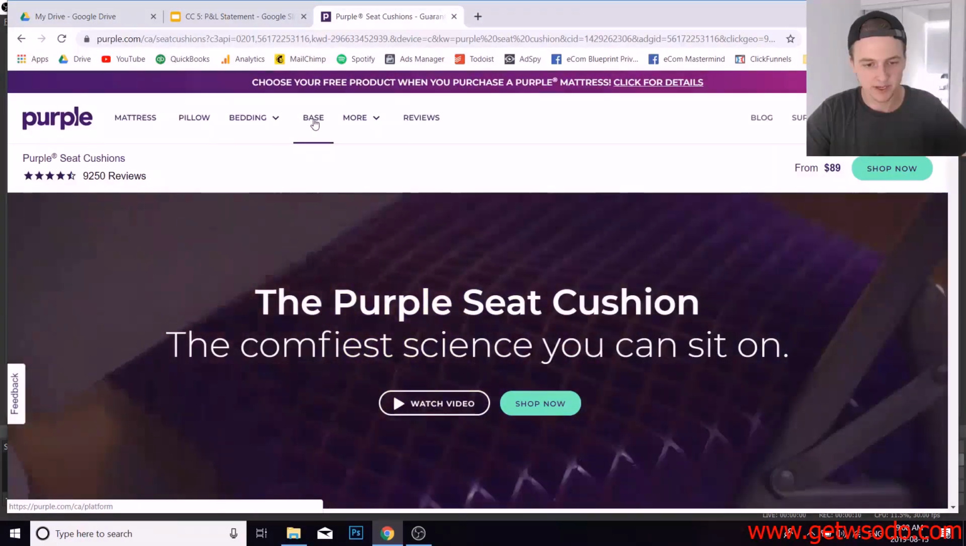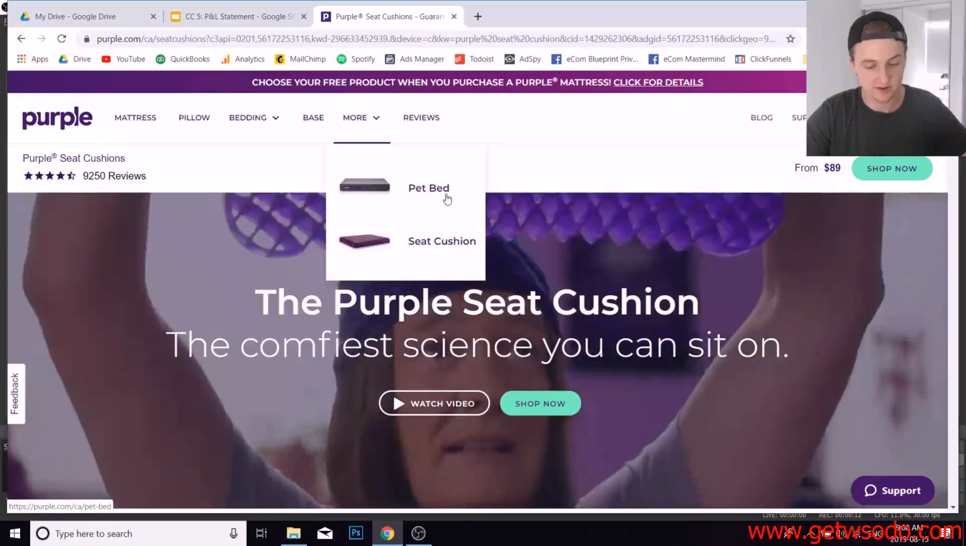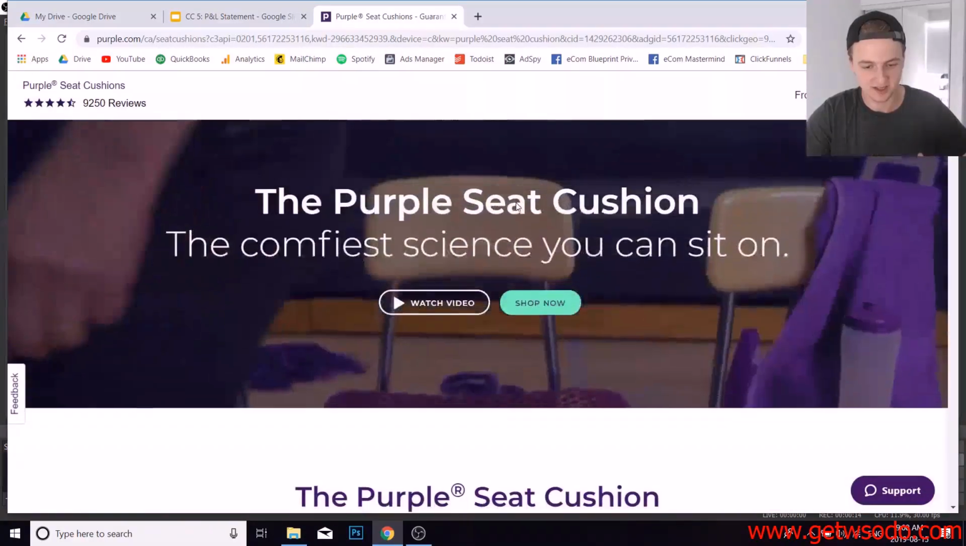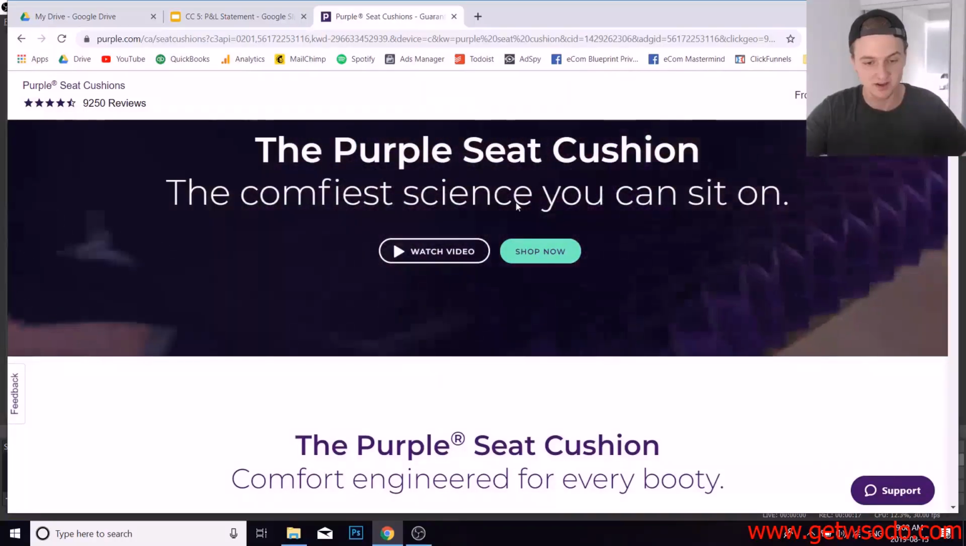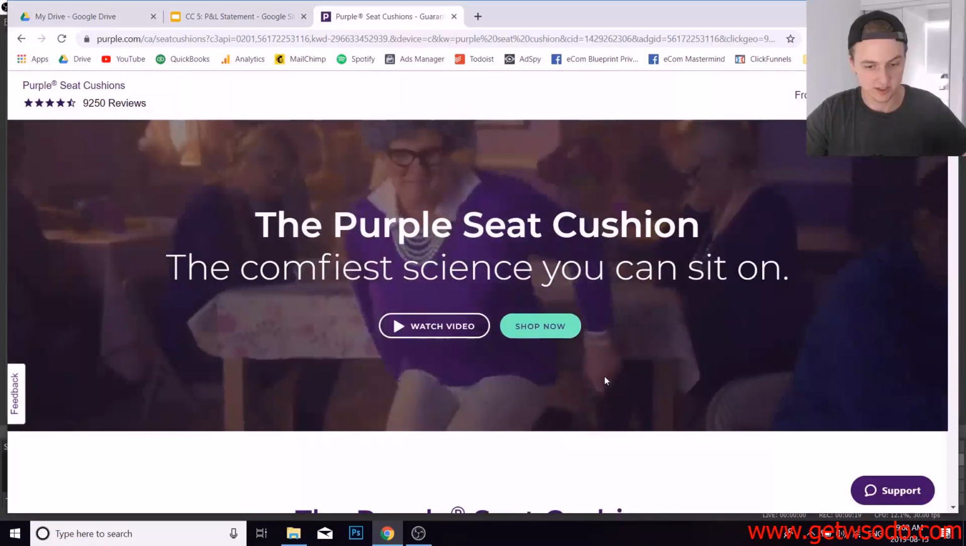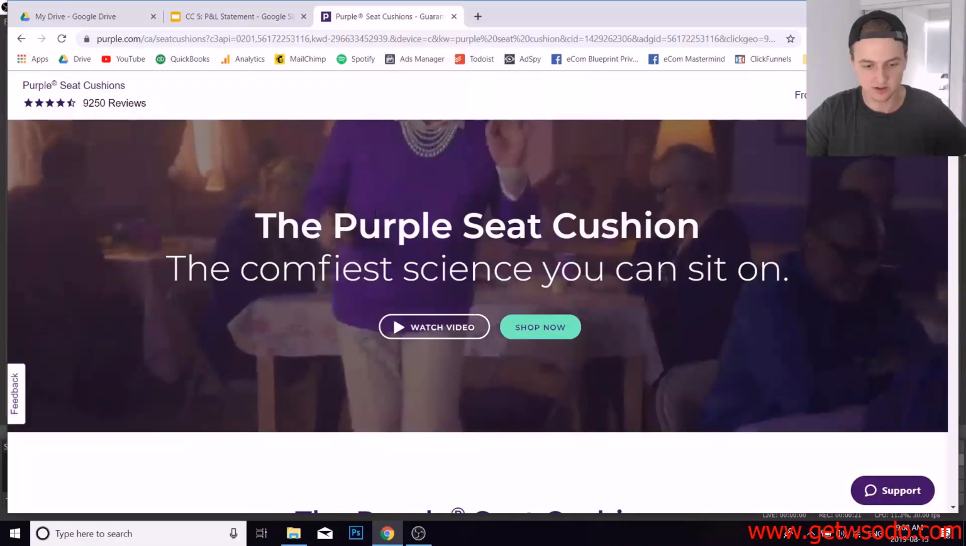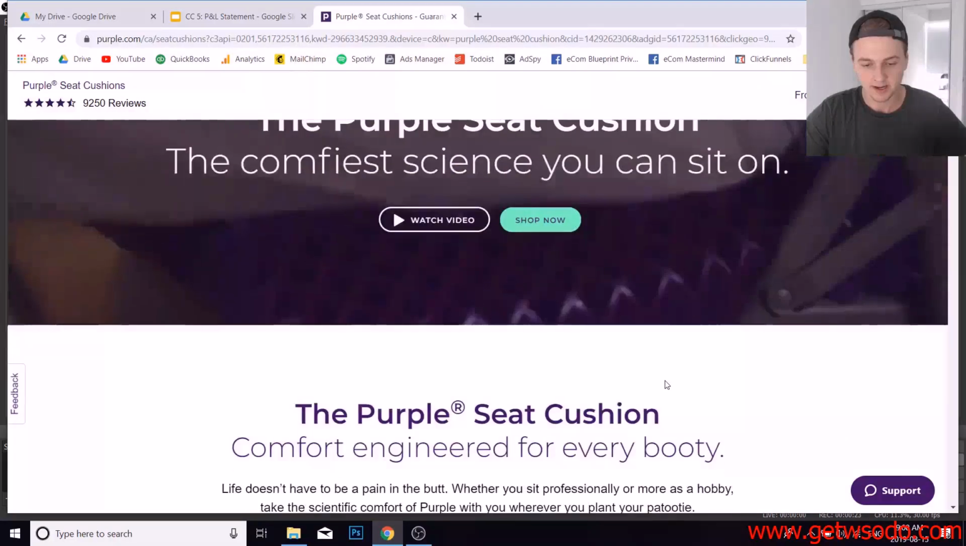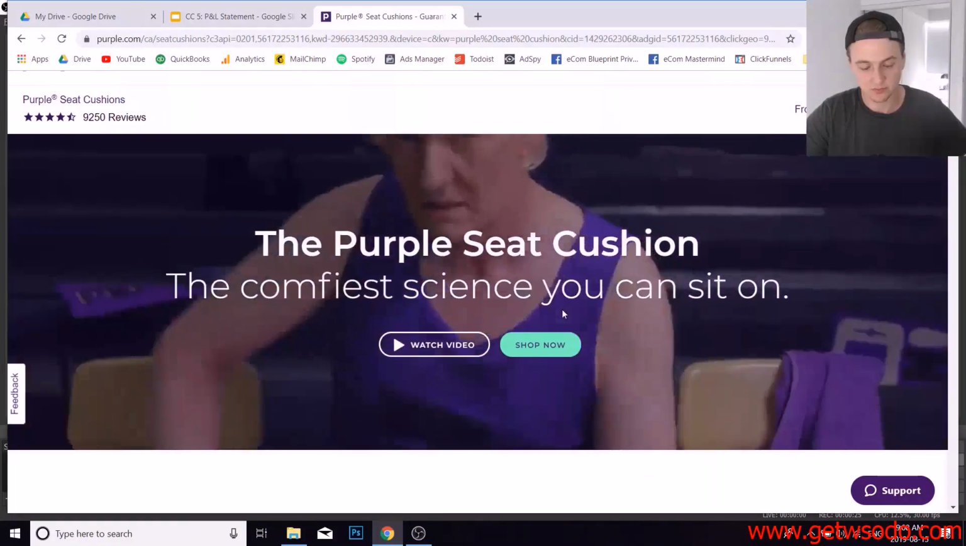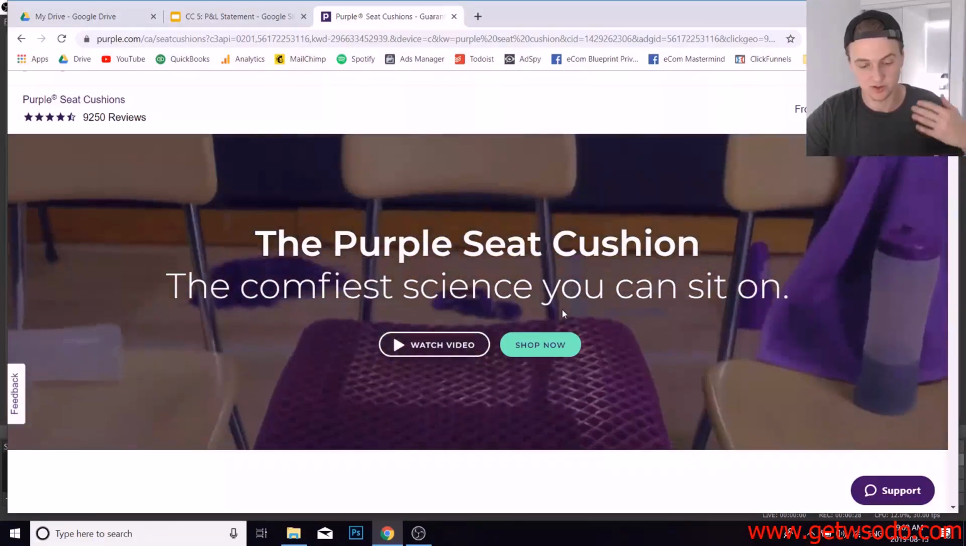bedding, base, and then they have more seat cushion. They even have a pet bed, right? So they really have all these different products, and they're building a brand around it, Purple. And so this is their seat cushion section, the Purple seat cushion, the comfiest science you can sit on. Now they have really good ad videos explaining the product that are really targeted towards their target market, which is